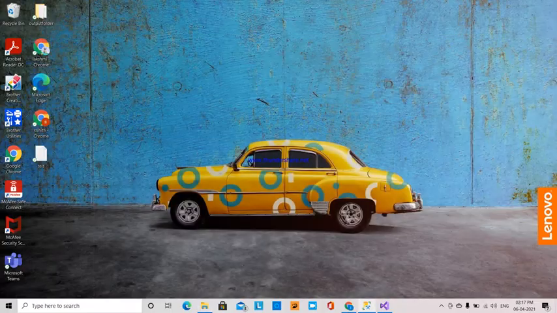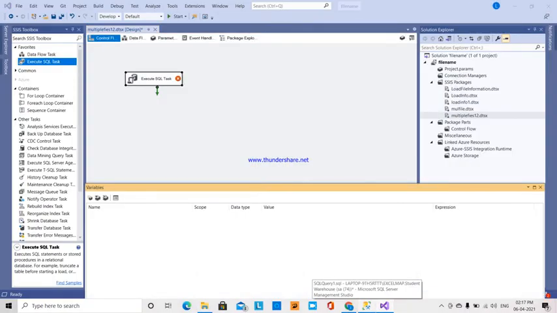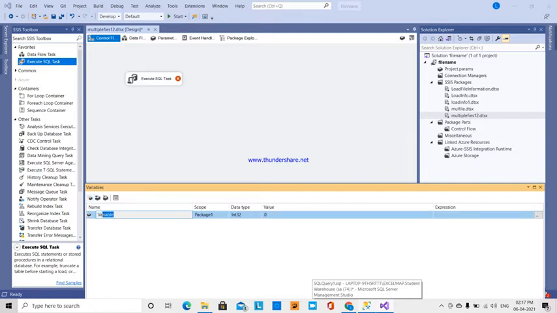So I'm going to create a new variable, where I'm going to give the name as output folder path.